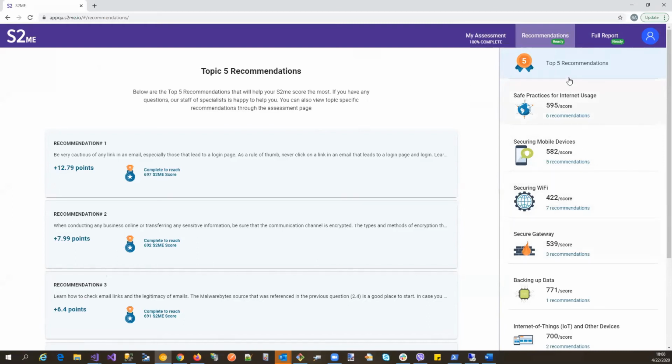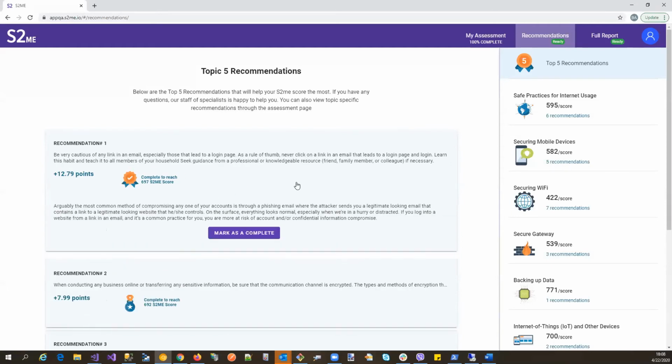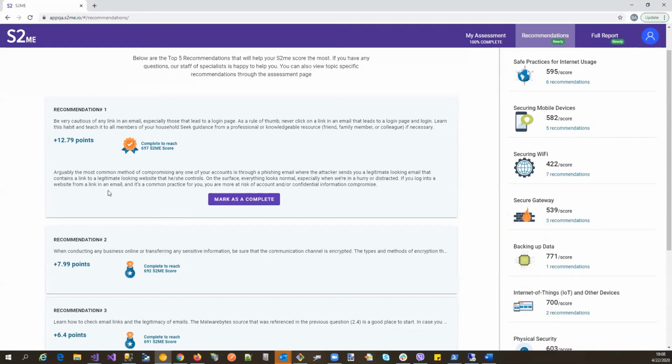On the right side, we have listed all of the topics that have recommendations for us. And these are the top recommendations which are going to improve most, which have the biggest number of points that are going to improve our assessment score. When we click on any of these areas, it's going to expand, and this is the risk and the recommendations